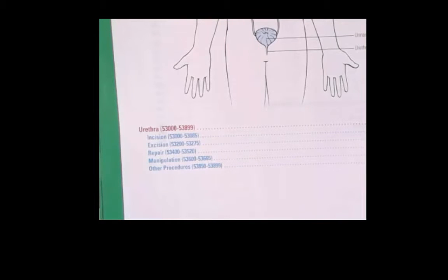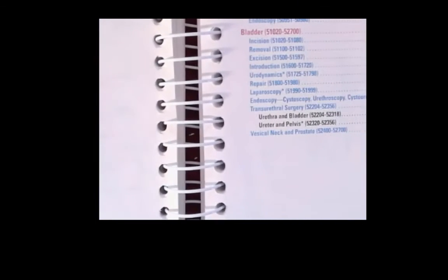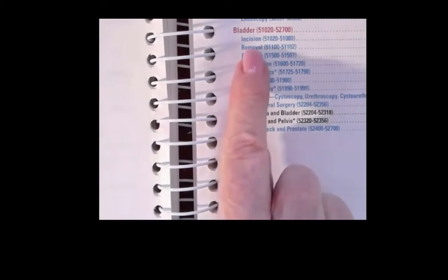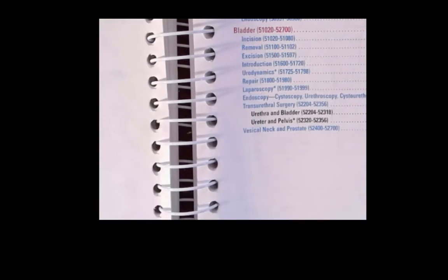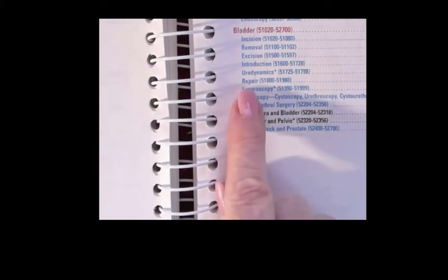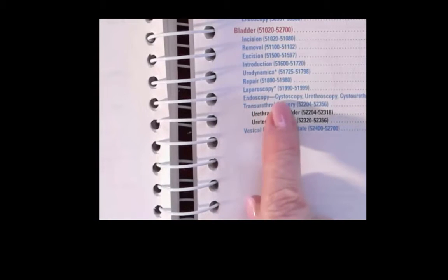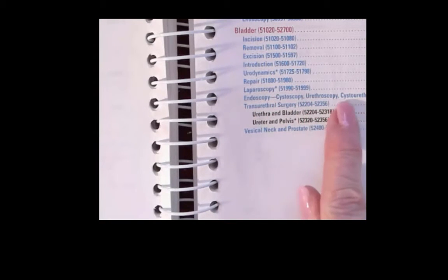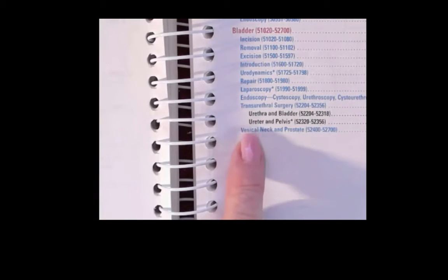You also might have a part of your procedures called introduction, which is pretty much of a catch-all, it seems, when it's used, like the bladder has it. Incision, removal, excision, introduction. Again, introduction can be a lot of different things, so don't think of it as just introducing something, but a catch-all really for a lot of things. The urodynamics, the repair, any laparoscopy, endoscopy, which would be a cystoscopy, a ureteroscopy, a cystourethroscopy, transurethral surgery, and the